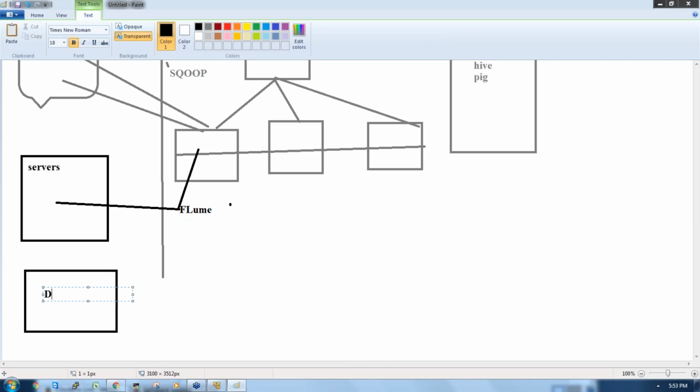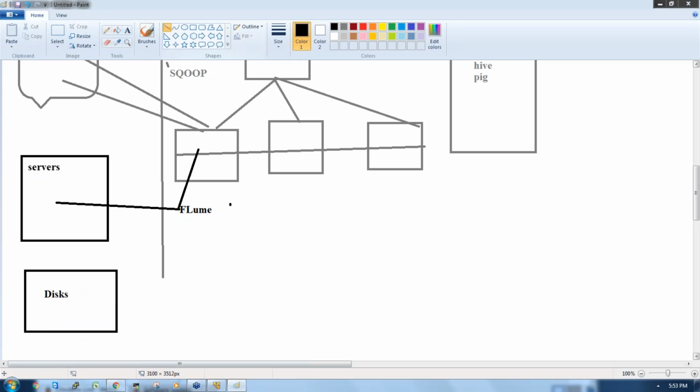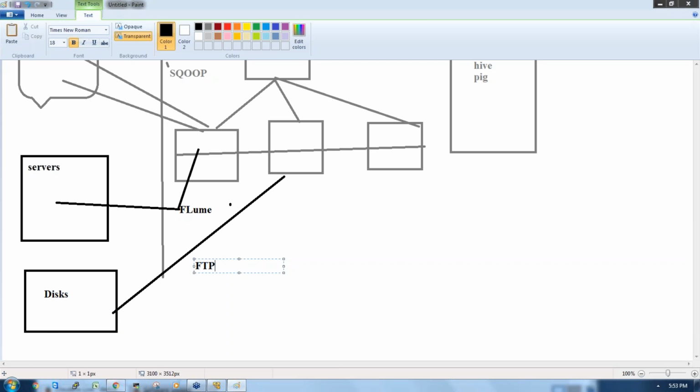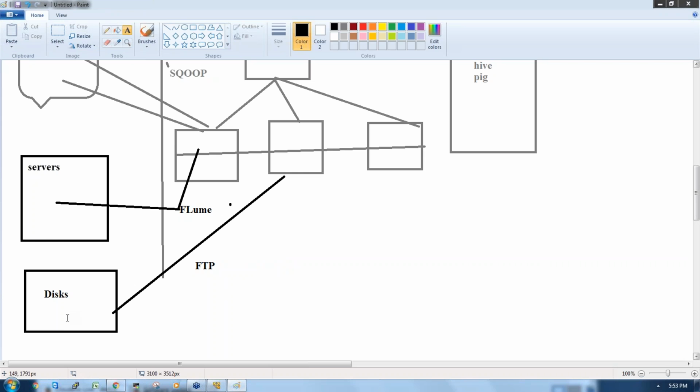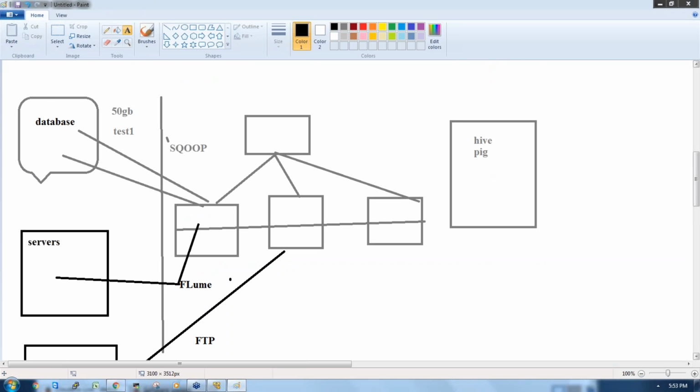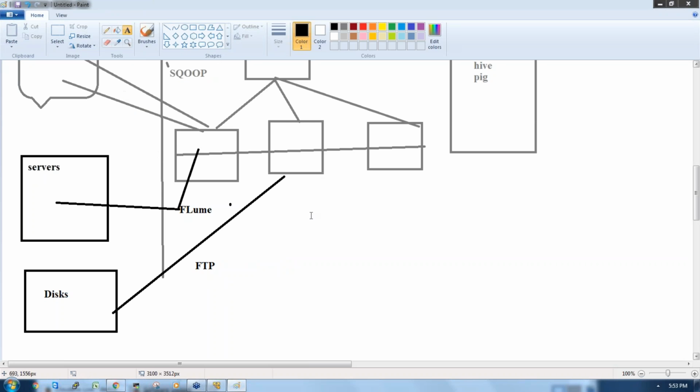Then we can configure FTP, right? So if you have the disks available, then we can FTP the data. So we can use the file transfer protocol, and we can configure an FTP client. So using this FTP client, we can collect the data from the disks to the Hadoop cluster. See now, so this is how we are getting the data from the various external resources to the Hadoop cluster,